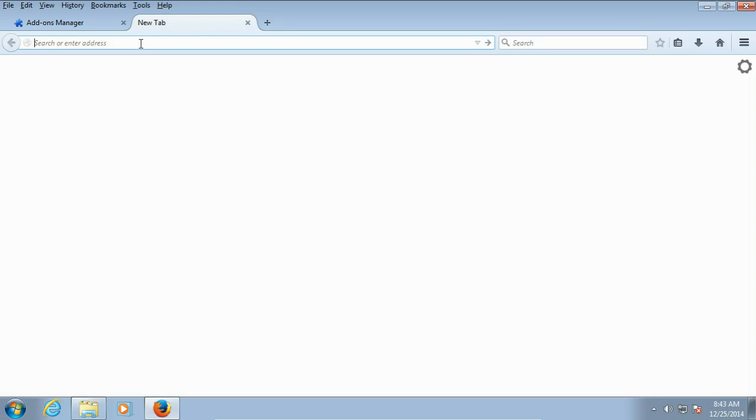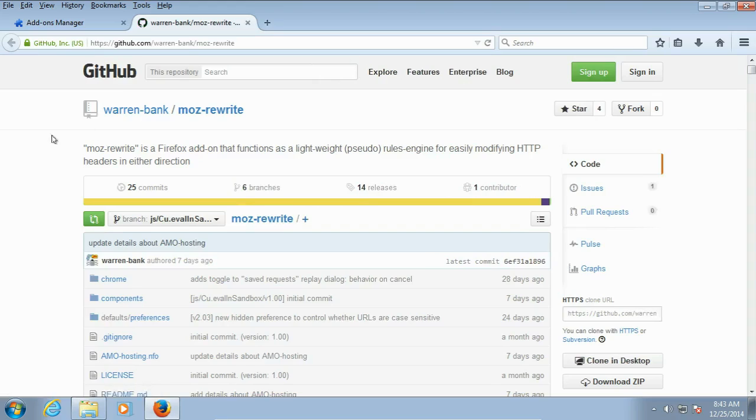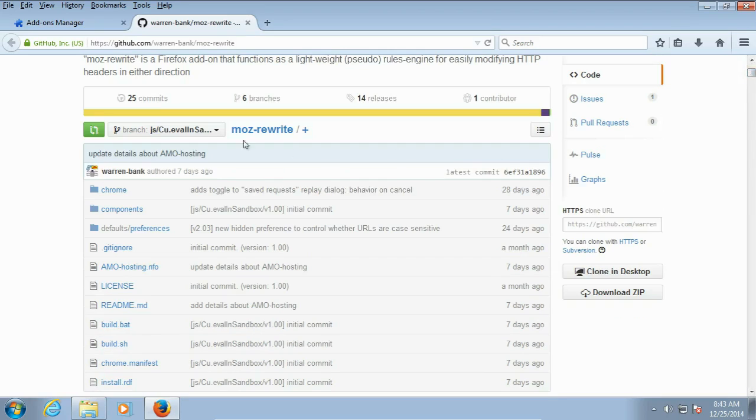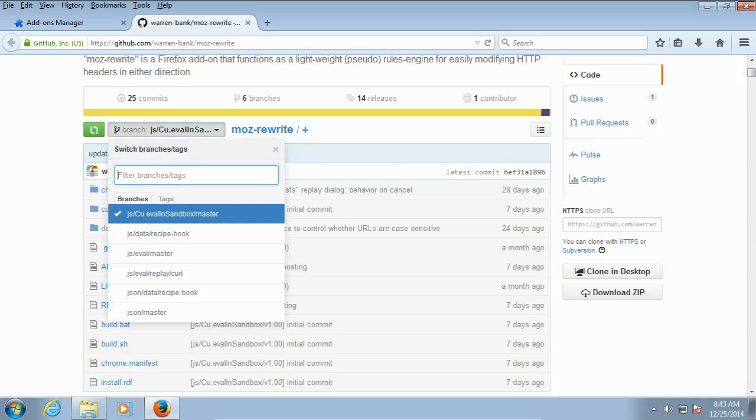And so we're going to go to the GitHub repo for moz-rewrite. At the moment, it has three variations. So there's three alternate add-ons. The default one is one that accepts JavaScript input, and that JavaScript is evaluated within